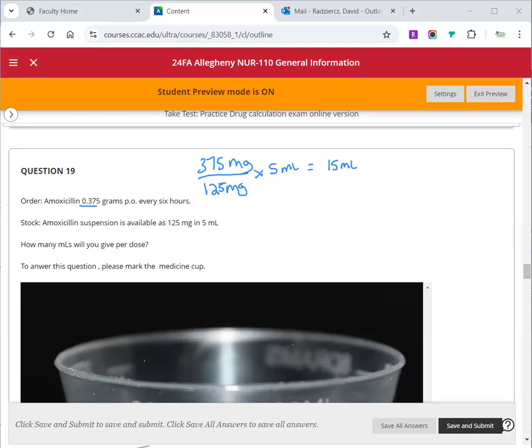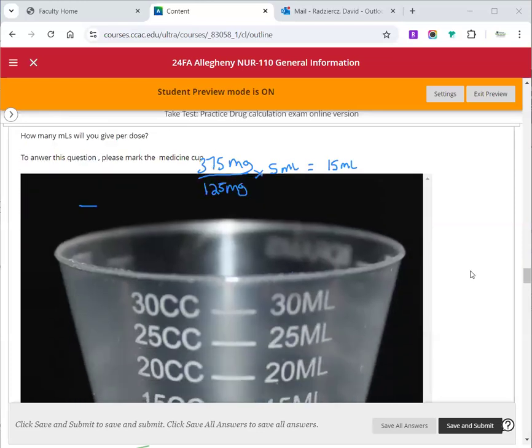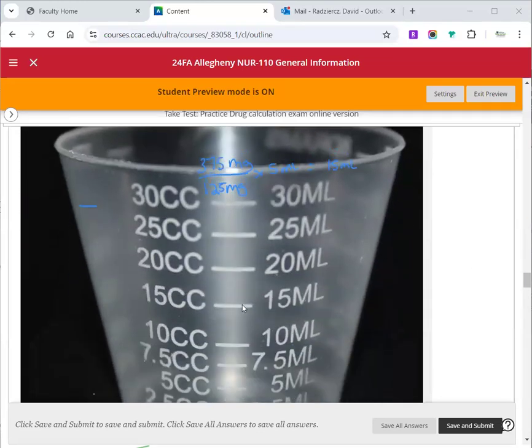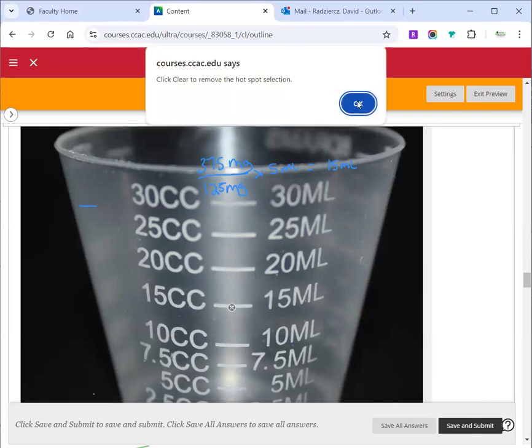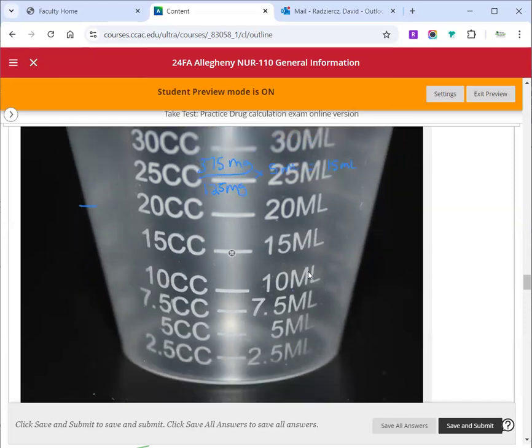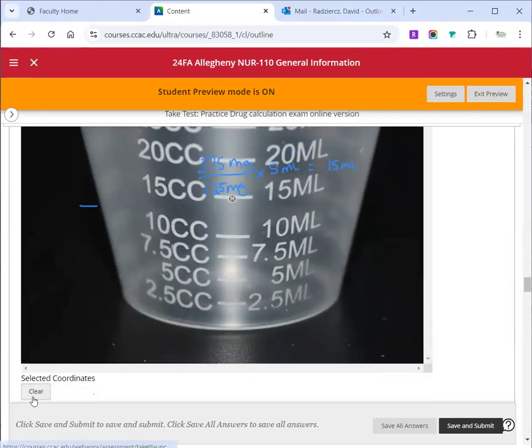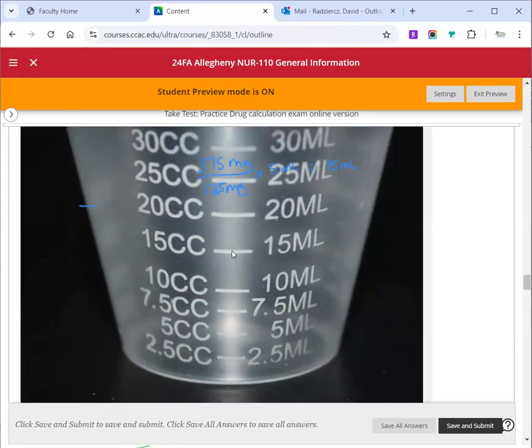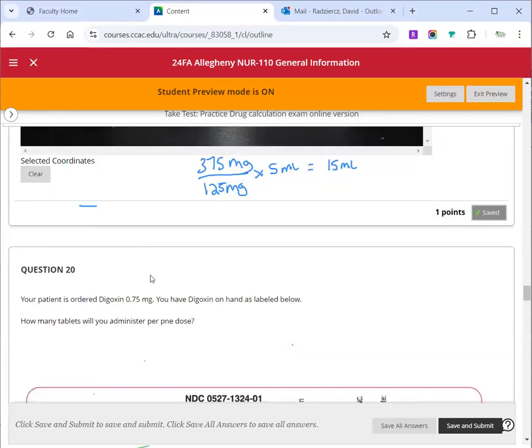Then I'm going to come down to my cup, and I'm going to mark it at 15. And like I said, I'm going to drop it right in the middle, right on that line. Make sure. Yeah, we're good. Okay. That should be fine. If for some reason that is not where you want it to be, you can clear it and then go right back to it. There we go. I'm sure it was fine, but